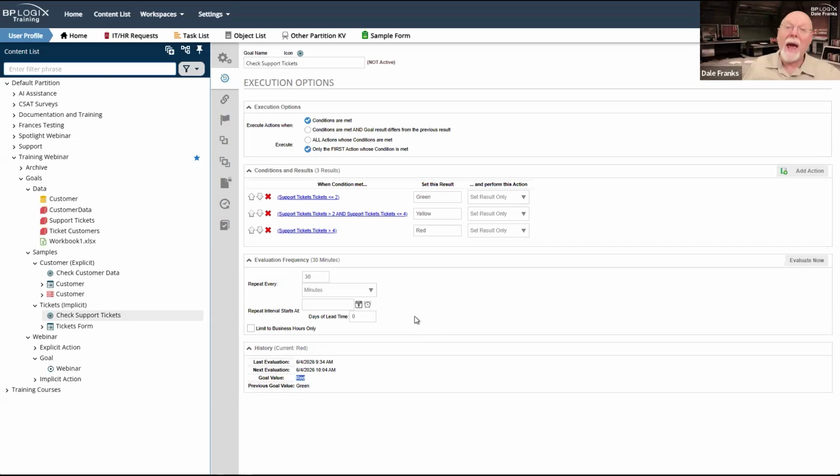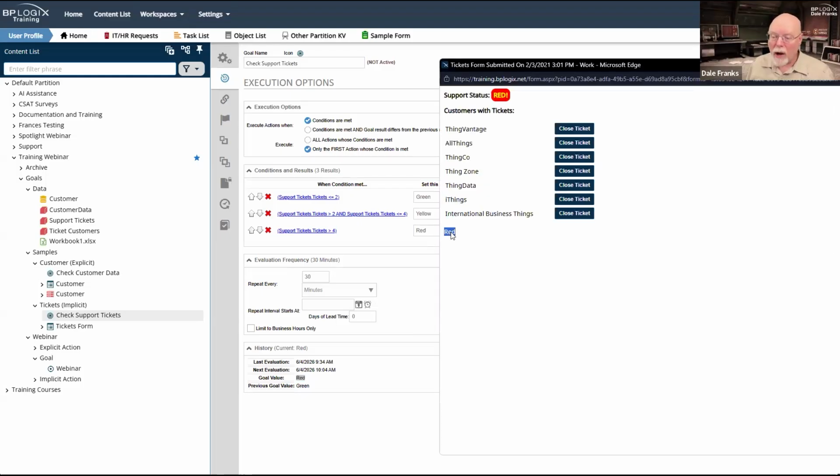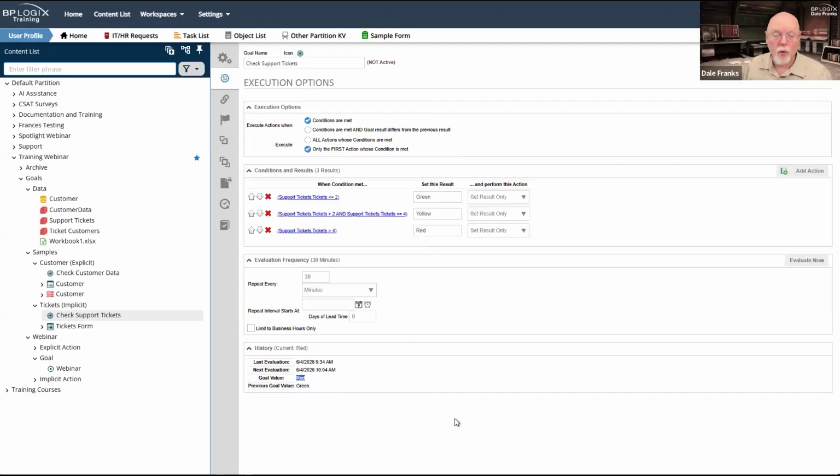Now, for the rest of the day, all through the business day, I wouldn't evaluate. I could still call the goal via a system variable, but all it's going to do is return the text red. So that is no load on the system at all. It simply returns that specific value without invoking everything behind it.